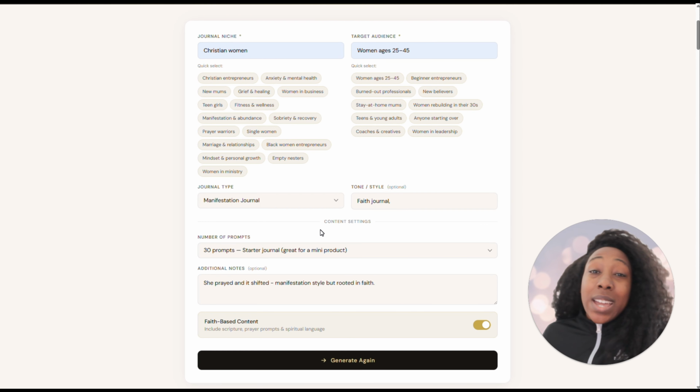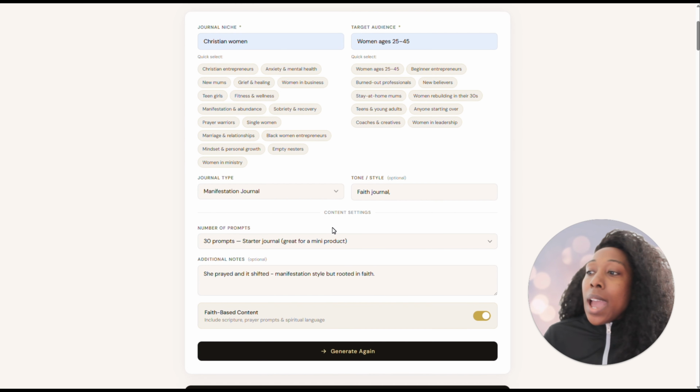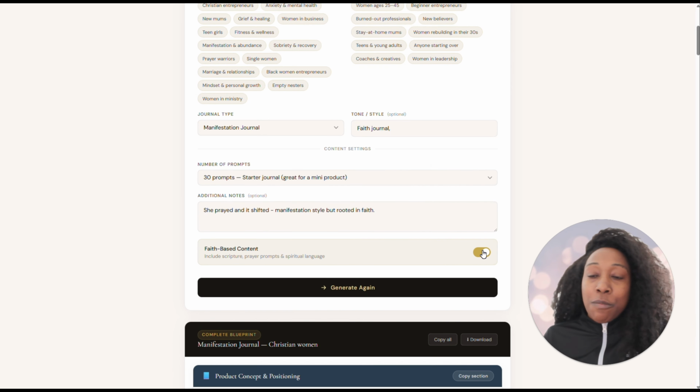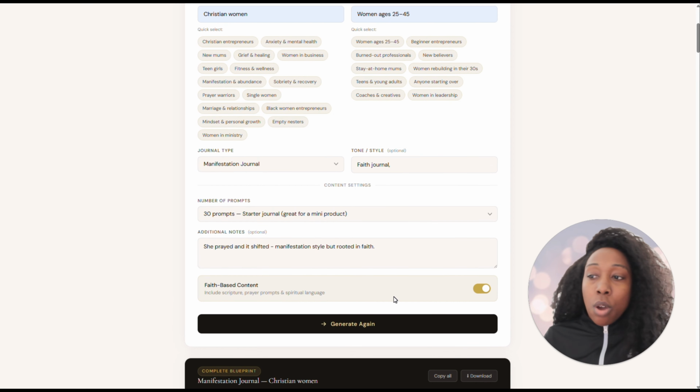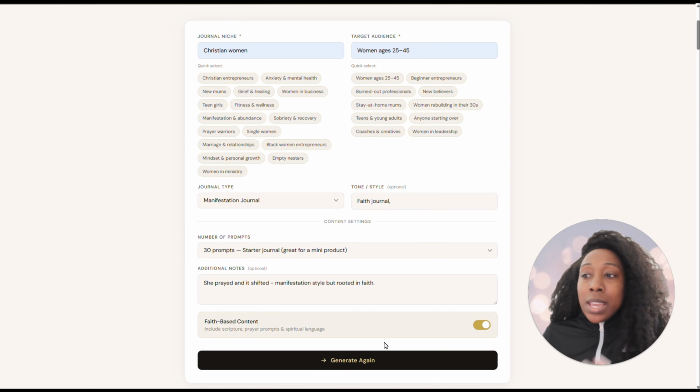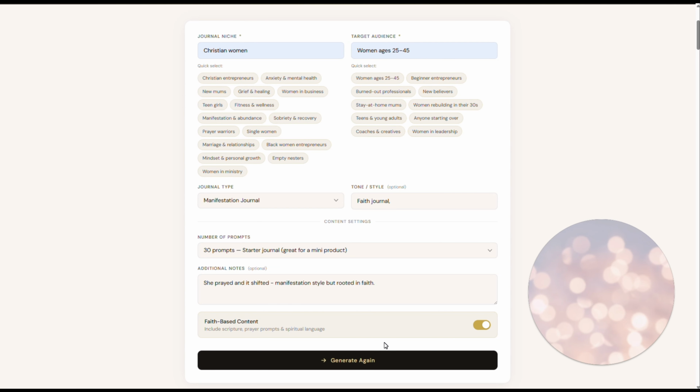Now, when it comes to content settings, it says number of prompts. Now, I've put 30 prompts because I want to create kind of like a 30-day planner. So that is what I have currently. And then additional notes. So I put she prayed and it shifted, kind of manifestation style, but it's rooted in faith. Very important. And then I have toggled on faith-based content. So you can turn that on or turn it off. And then I clicked on generate. And once I clicked on generate, it's now produced for me